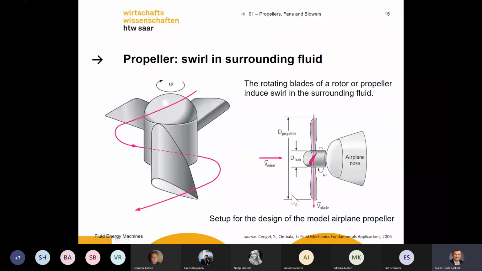Okay, here you can see it again. We have our propeller. The propeller rotates, and we have a diameter of the propeller. We have the angle of the blade. This is the angle of attack. And we have the velocity of the wind. I think it's a simple setup. You all know it. But if you go into detail,